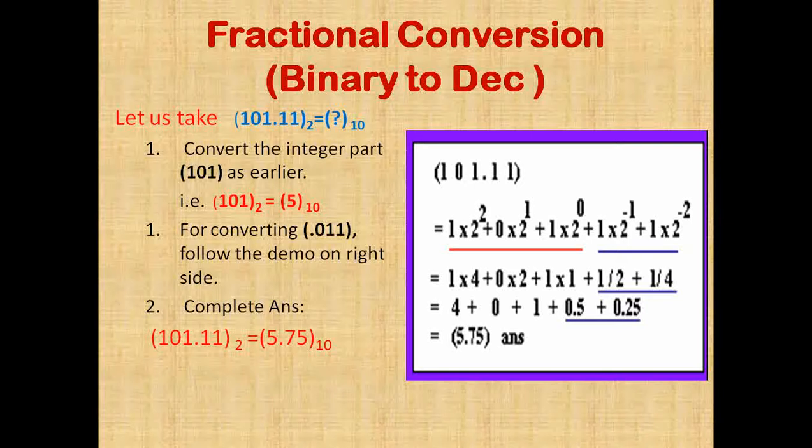So this is how you can convert numbers from fractional decimal to fractional binary, and from fractional binary to fractional decimal. This is all about the conversion of decimal numbers into binary and binary into decimal, both for integer as well as fractional numbers. You can practice more problems based on these types of conversions yourself from your textbook.